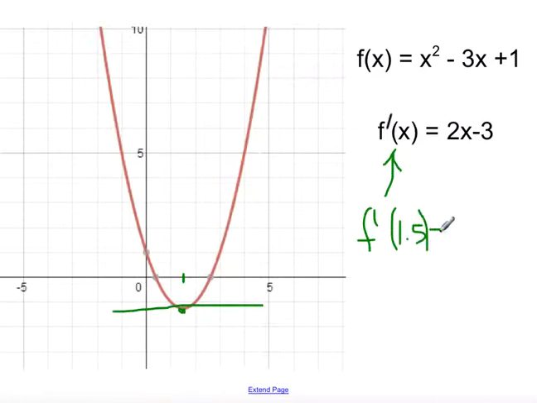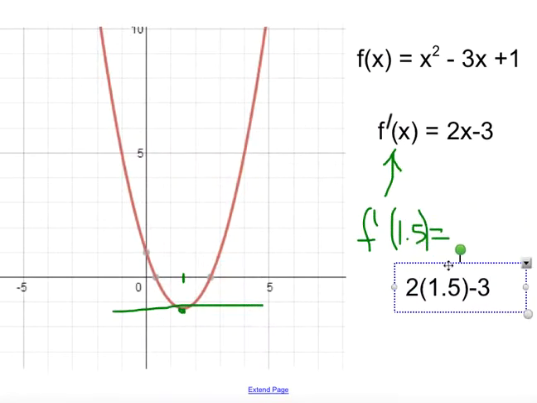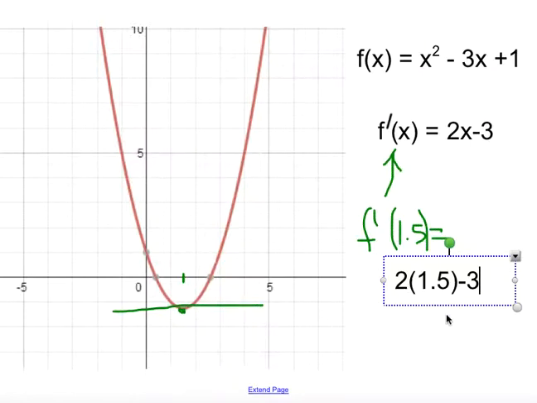we should get 2 times 1.5 minus 3. And what do we get? 2 times 1.5 is equal to 3. So 3 minus 3 equals 0. So we just found that the slope of the tangent line when x is 1.5 is actually equal to 0,